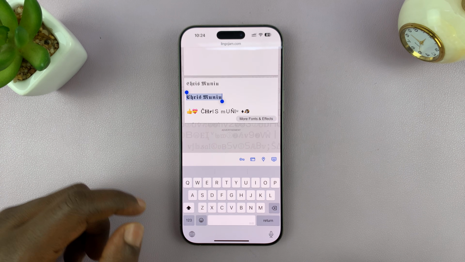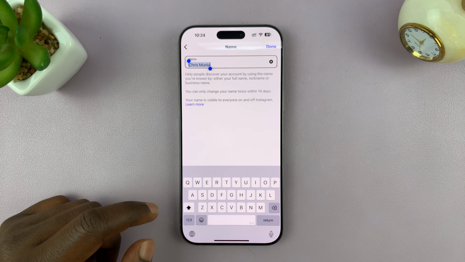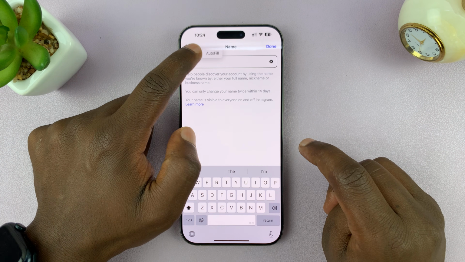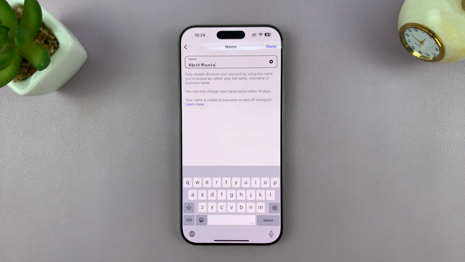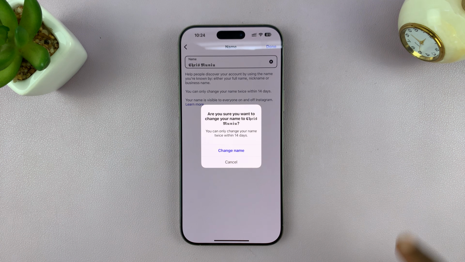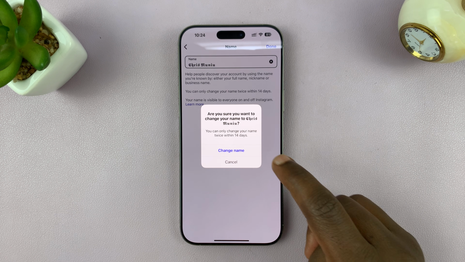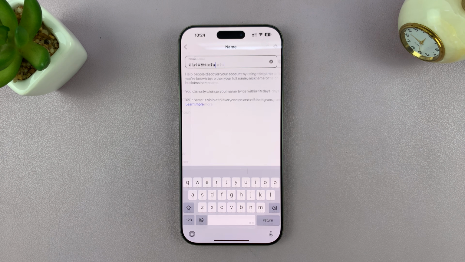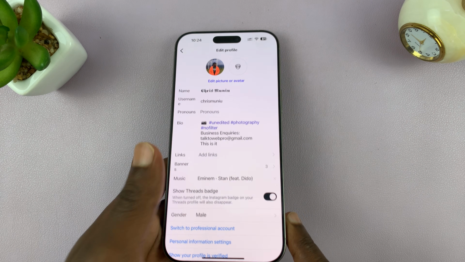And then I'll copy. And then now I can go back into Instagram, delete the current name in the default font, and then I'll paste my new name in my new font. And then I can tap on done in the top right corner. It's gonna ask me if I'm sure I want to change my name, and I won't be able to change it again in 14 days. So I'll just tap on change name, and that should be my new name in the new font,